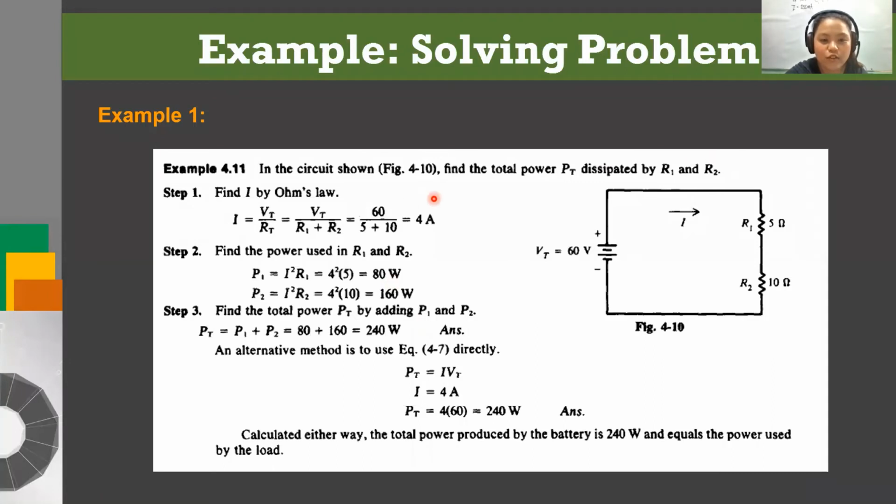So any of the formulas, we get the current as equal to 4 amperes. We also get the power dissipated in each resistor as 80 watts and 160 watts. And the total power dissipated by resistor 1 and resistor 2 is equal to 240 watts. So next, we have